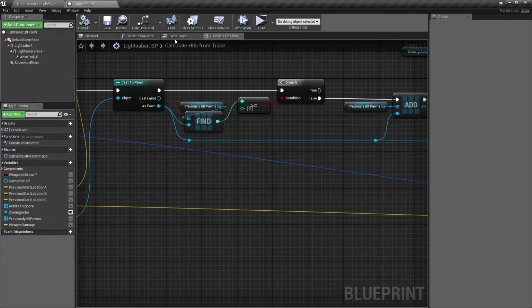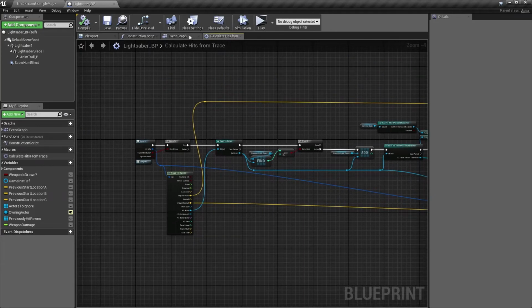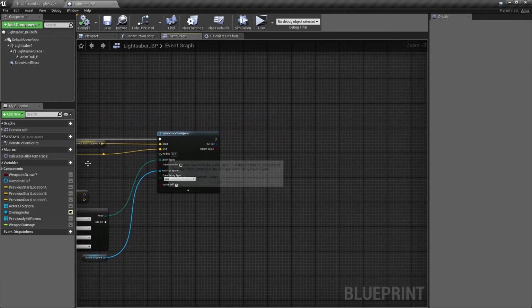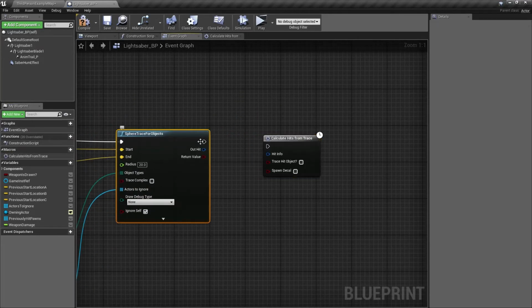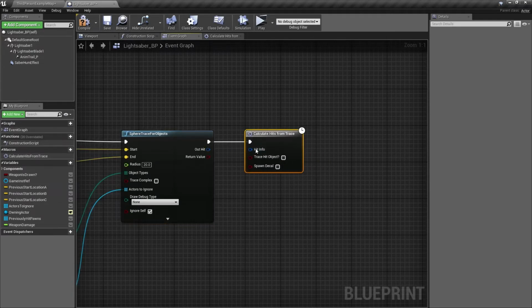So, actually, no, we're not closing out yet. But I think we are done in here for right now. So we'll go back out here. And now we need to actually call this macro. So we're going to go ahead and call this. And we're going to return whether we trace something, and then we do not want this one to spawn the